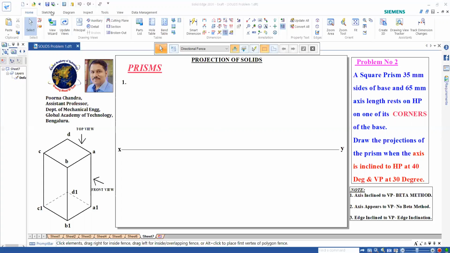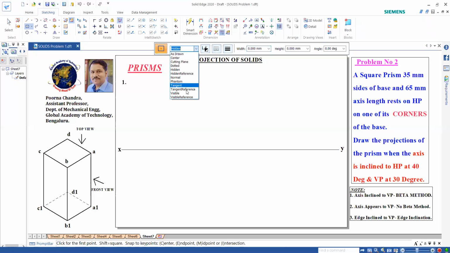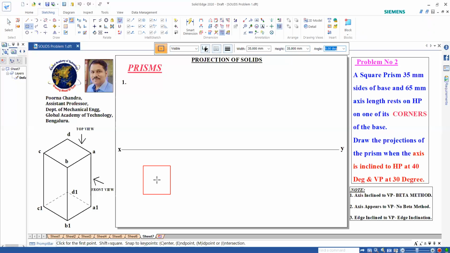So first draw the square resting on corner. Select the rectangle option for the square. Go with the visible line. Given sides 35, we can type 35 and 35 for a square.